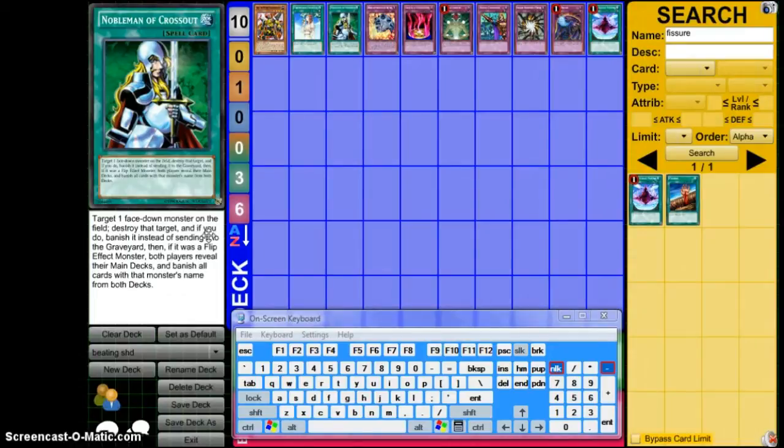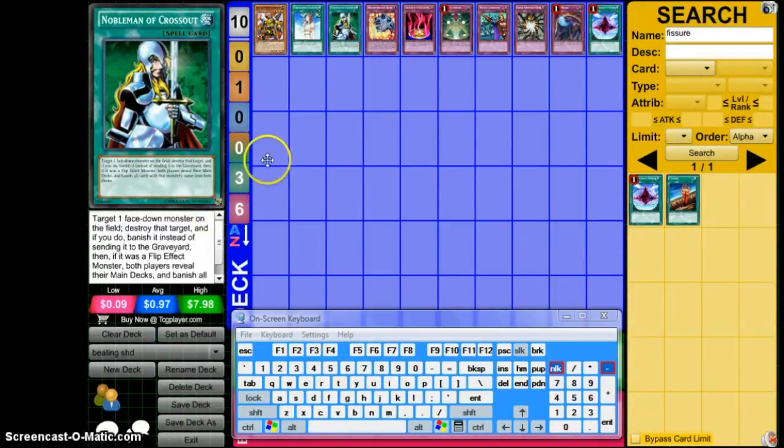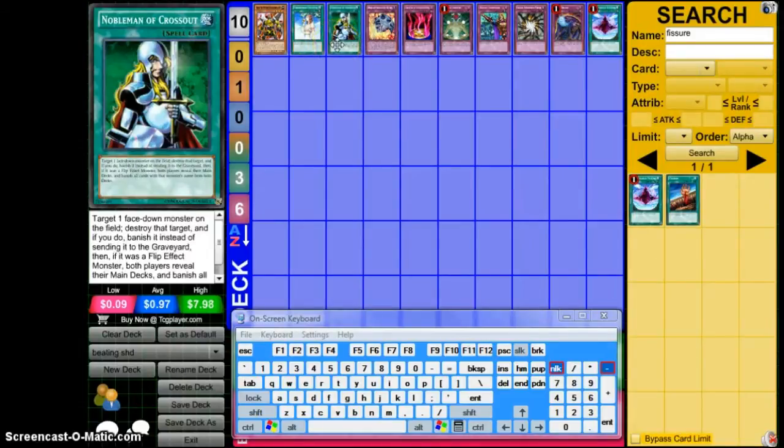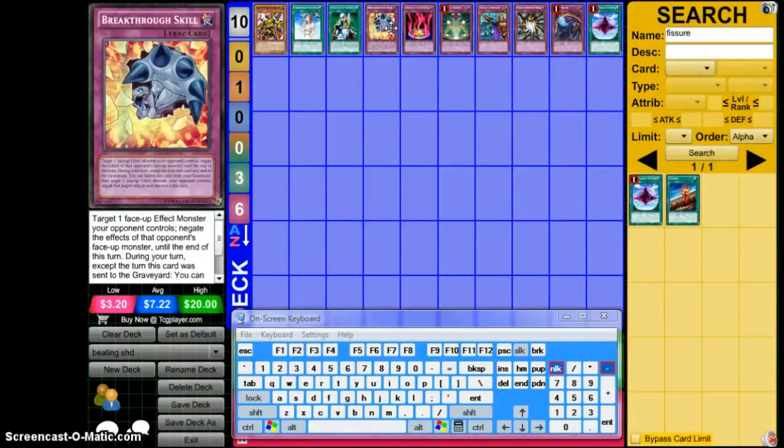They don't have their Sinister Shadow Games to flip it up. You're getting rid of the card forever, and thus killing one of their Shadow fusion targets. Very optimum card, and it's one of those cards that if you don't like Chalice, you can play your Nobleman of Crossout. Next up, I'm gonna say we all should main deck Breakthrough Skill because Breakthrough Skill is gonna be